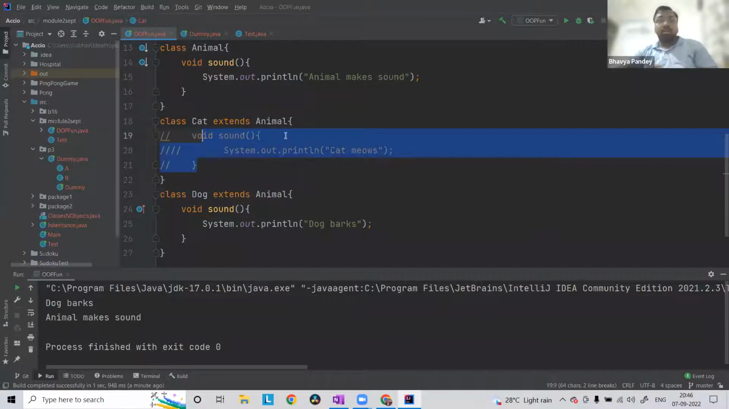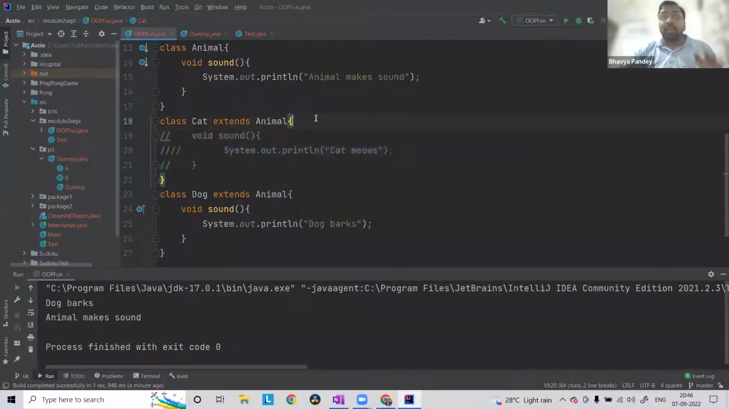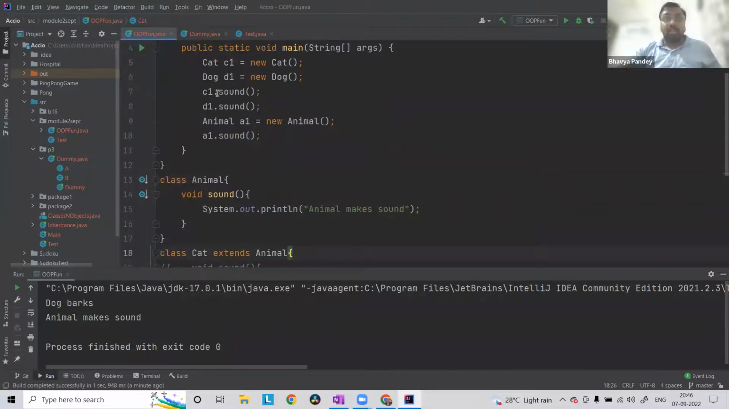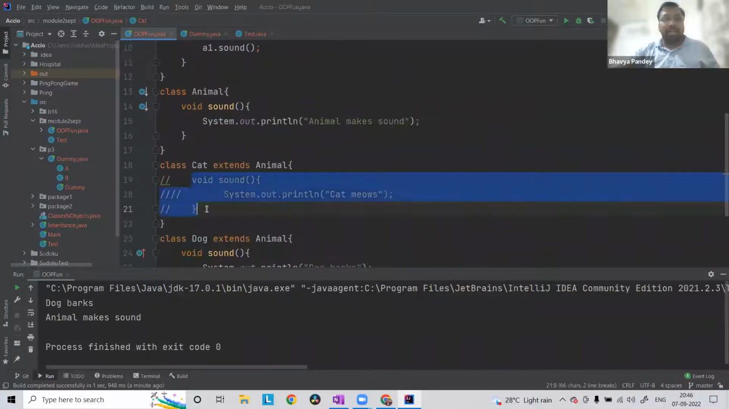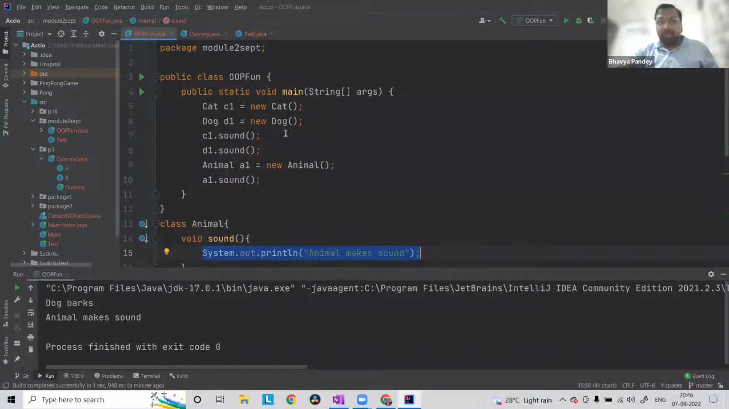will happen? So now you are not doing any kind of overriding. So now this cat object will search for a sound function implementation. It will not find anything here, so it will directly come here. What will it say then? Animal makes sound, dog barks, animal makes sound. Okay,